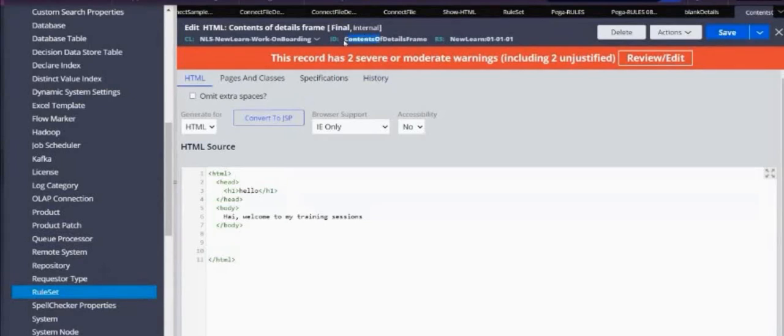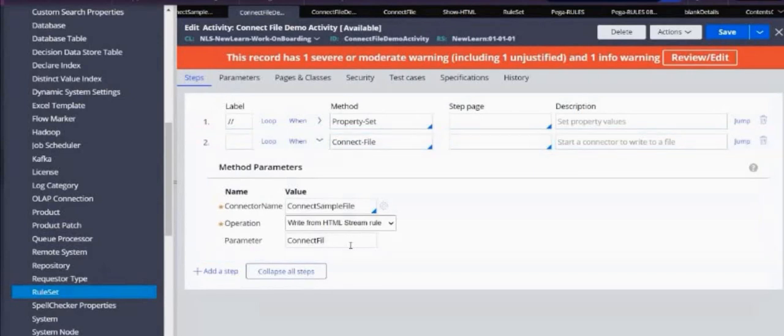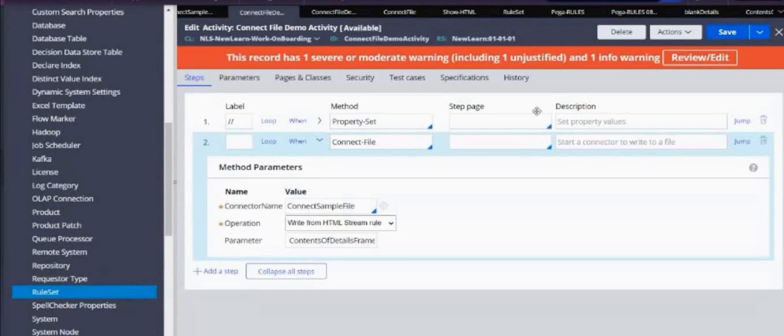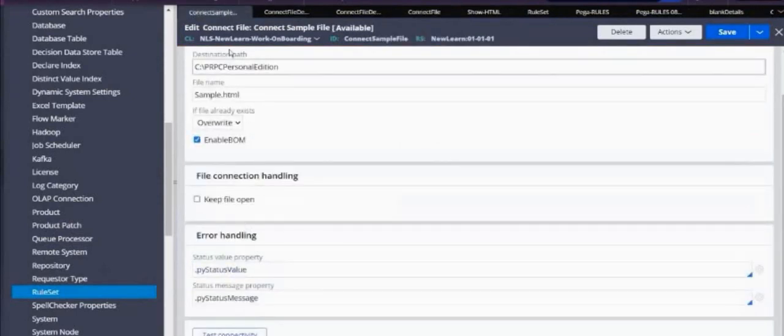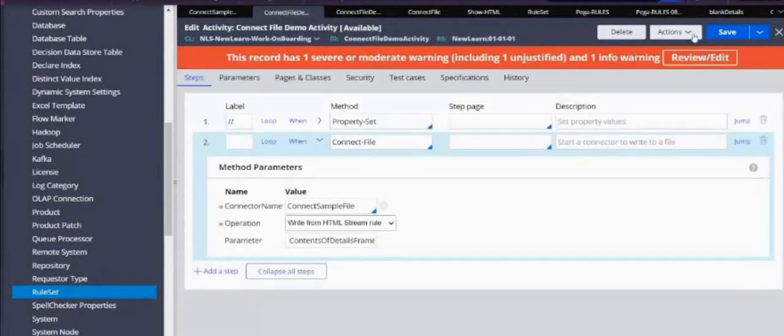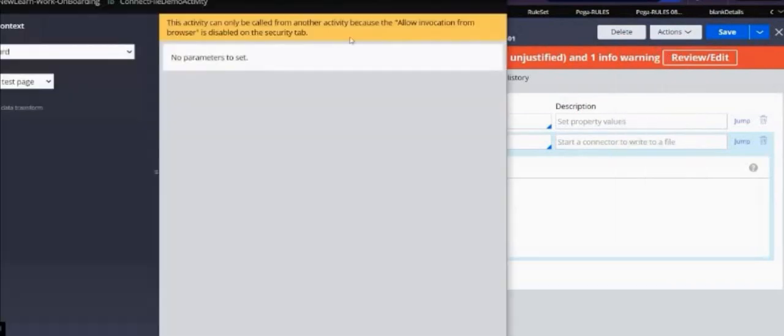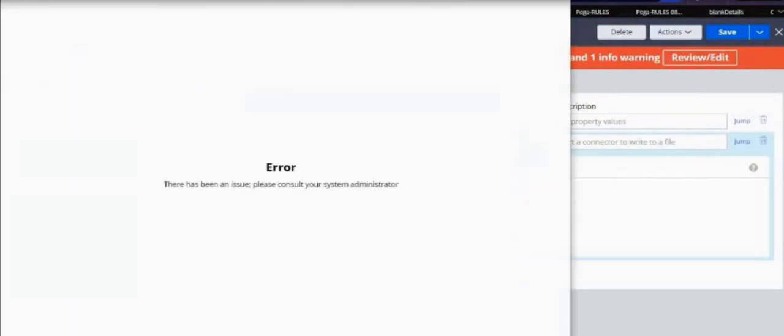So we'll use this ID in our connect file rule. Here we'll write this and save this, and next action run. I'm making it keep file open because anyway it didn't create till now. So let's see whether it will create or not, because it's a .html file.